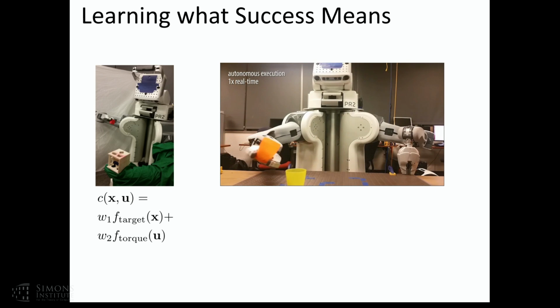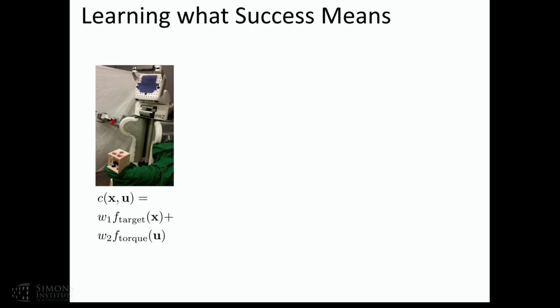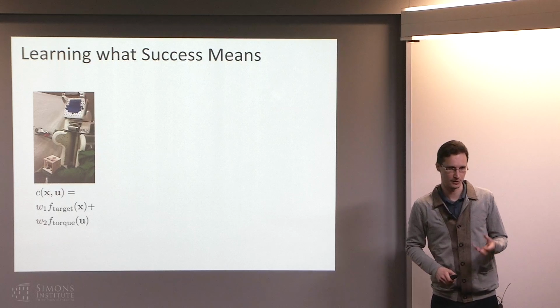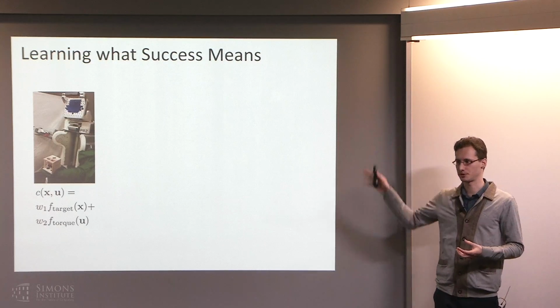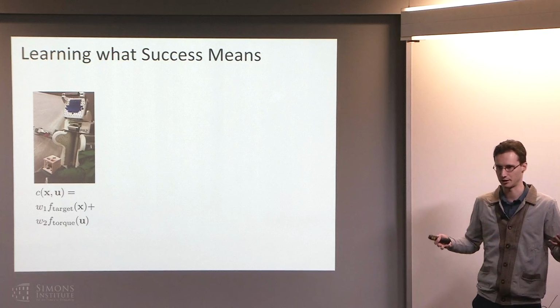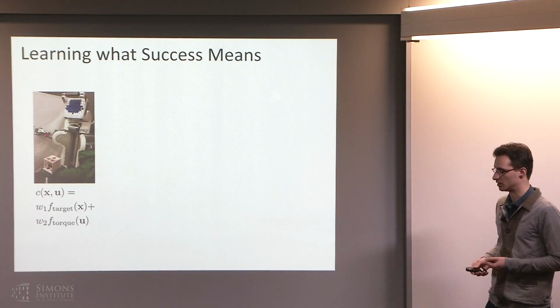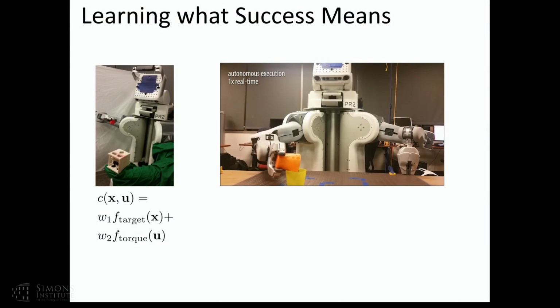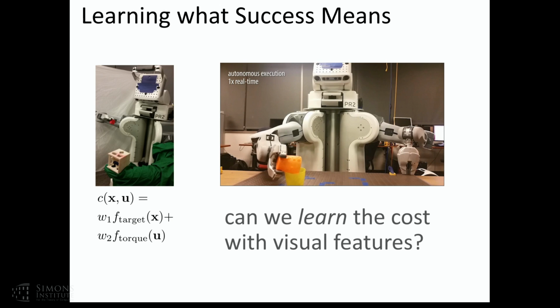One of the problems that comes up in real-world applications of reinforcement learning is that oftentimes evaluating the objective, evaluating the cost function, is itself very difficult. So in all the discussion I had previously, we sort of assumed that the cost function is just given to you and you can evaluate it. But in the real world, that's often not an assumption that you can make. For example, if you want to learn to pour things from one cup into another, just being able to detect that you're actually pouring things successfully requires a complete computer vision system. So if you're going to build that system in the first place, you've already solved basically half the problem.